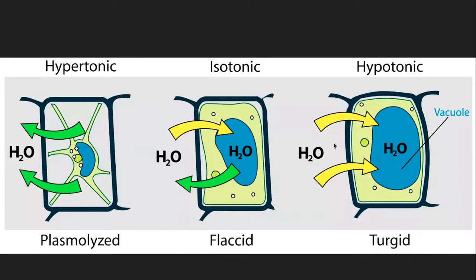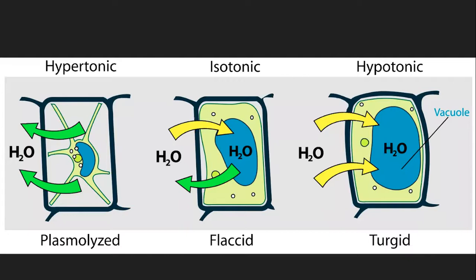So when the water moves inside, when the cell is kept in the hypotonic solution, inside of the cell is more concentrated, outside of the cell is lower concentration, and that is when the turgidity will occur. So let's say if I ask you a question, what will happen to a cell which is kept in a hypotonic solution, then you have to explain the whole of this process.